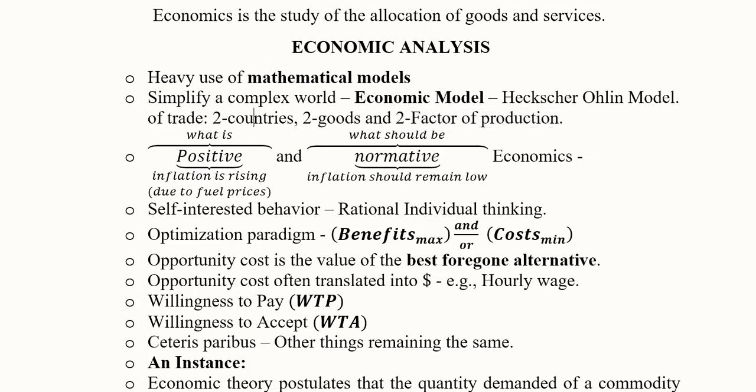But this simplification of the model doesn't reflect real life, because in real life, we have more than two countries, we have more than two goods that are being traded between two or more countries, and we also have more than two factors. We can split them into digital capital, human capital, intellectual capital, financial capital, natural capital. Labor can also be segmented into unskilled labor, semi-skilled labor, highly skilled labor, and raw material can become another factor